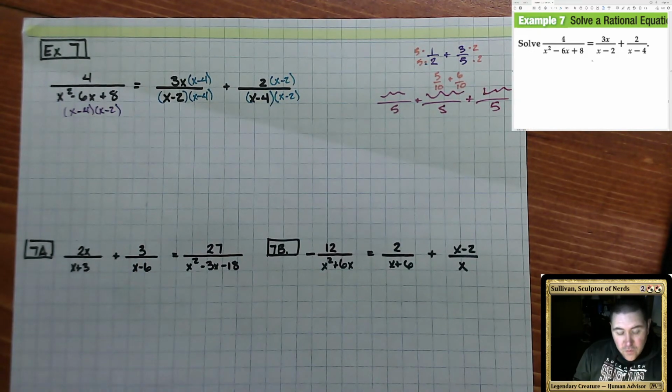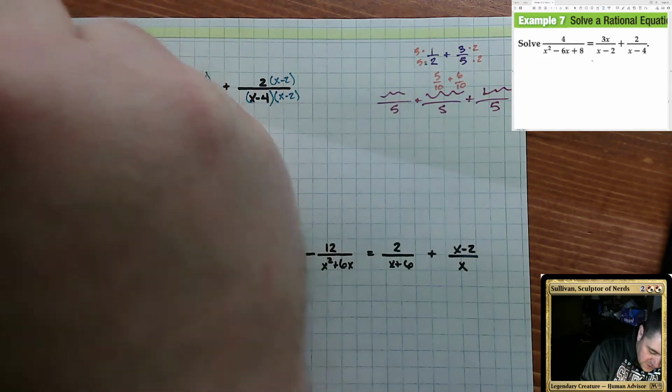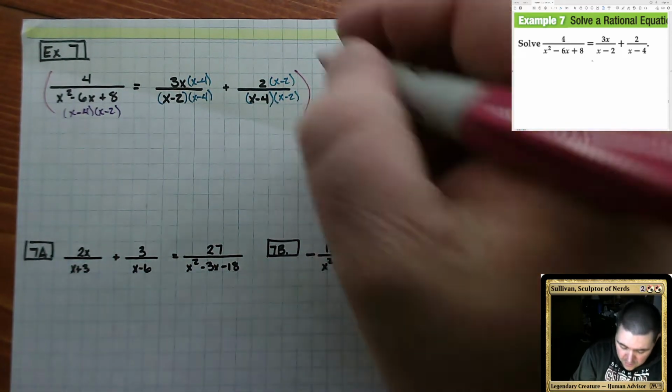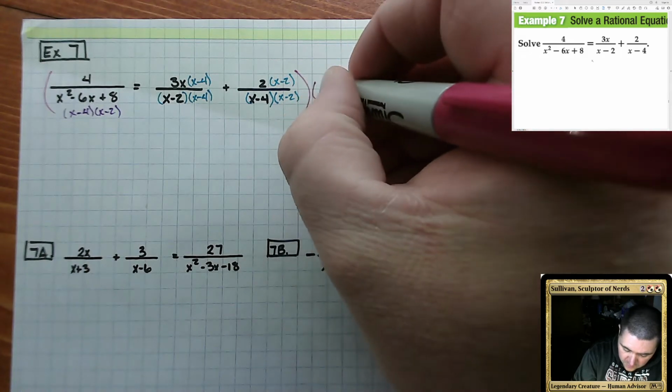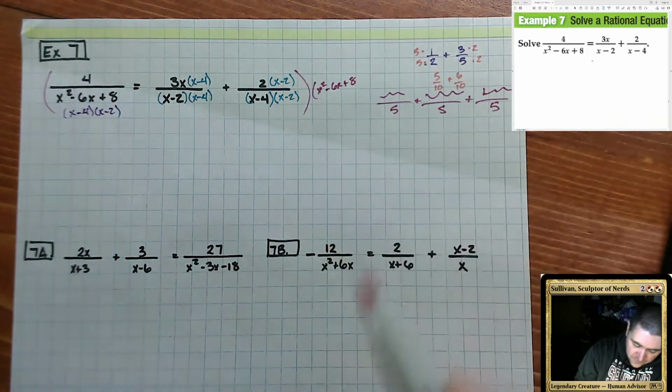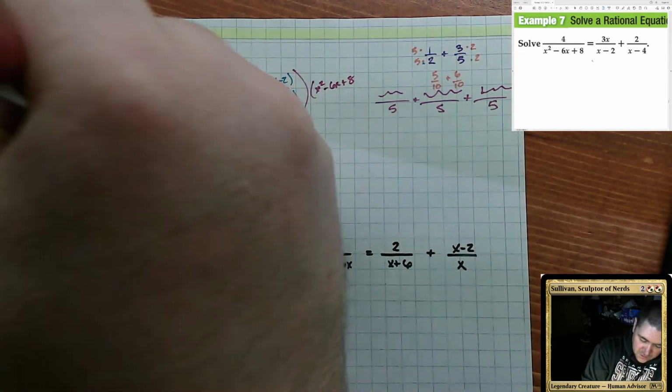My denominator goes away. So if I take all of this, now that they all share that denominator, and multiply them by that quadratic, x squared minus 6x plus 8,